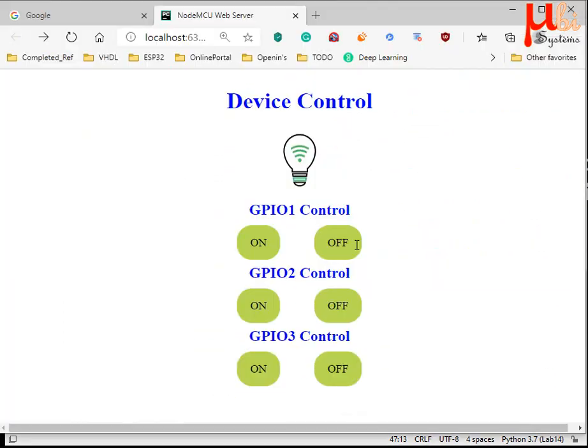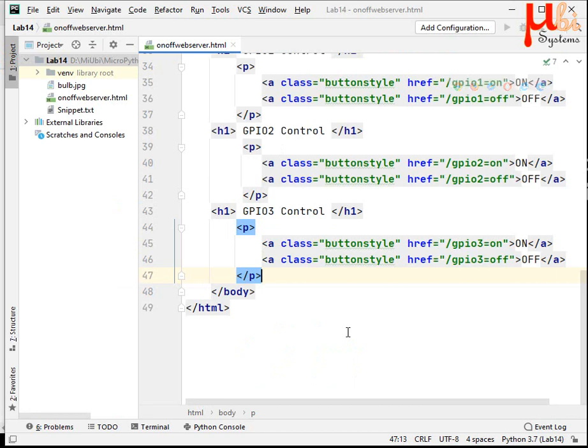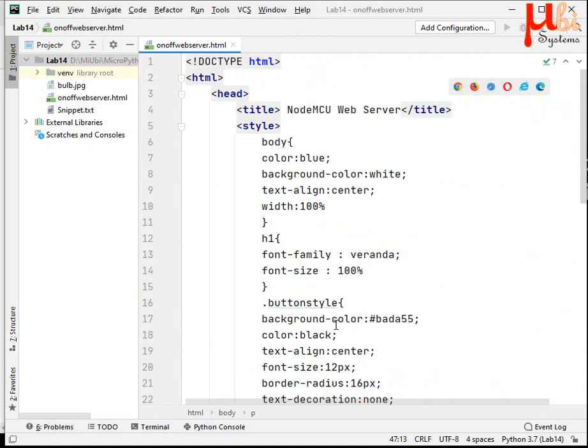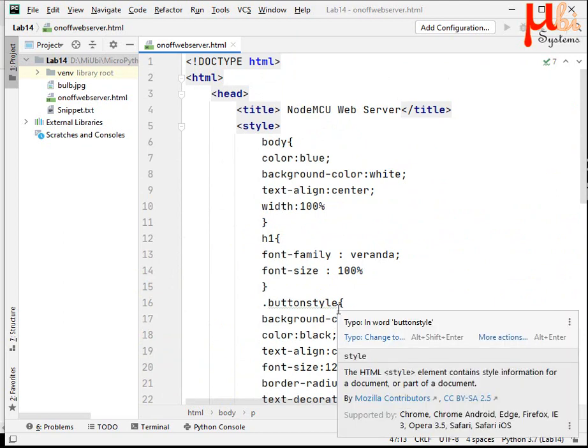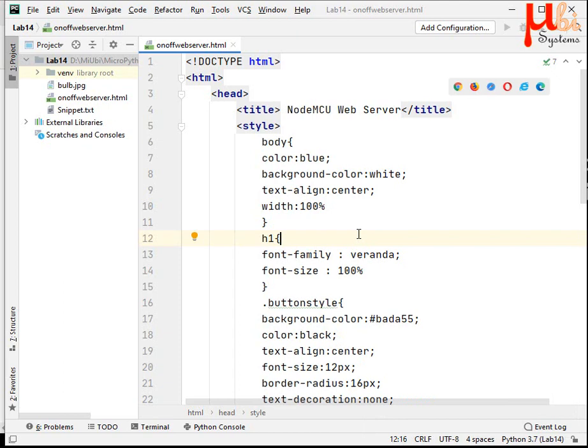Now that you know how to create a web page, this particular web page, what we are seeing now, we will be taking this and hosting it onto the Node MCU. On the Node MCU, we will see how to control this, how to make it look, and then what the responses will be coming from the web page or the stations linked to it, and then we take decisions. So let us keep the page like this. The same page we will be using in our next project, where we control devices using the web page hosted on the Node MCU.